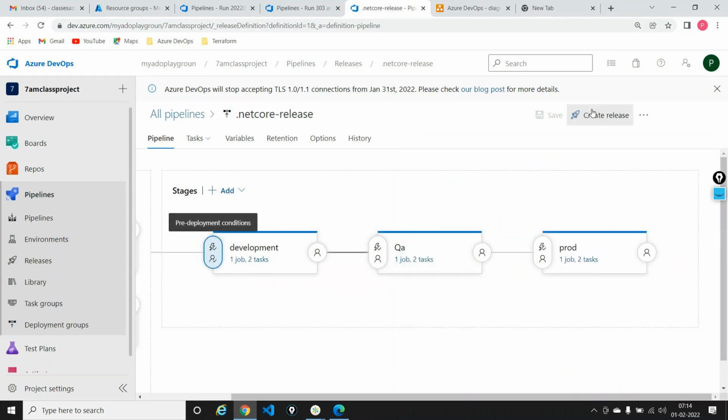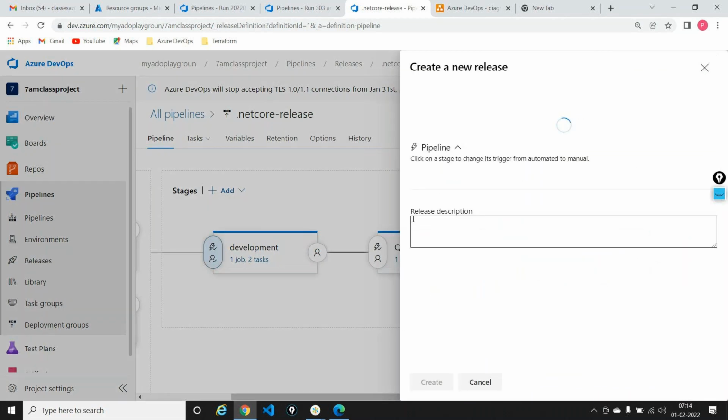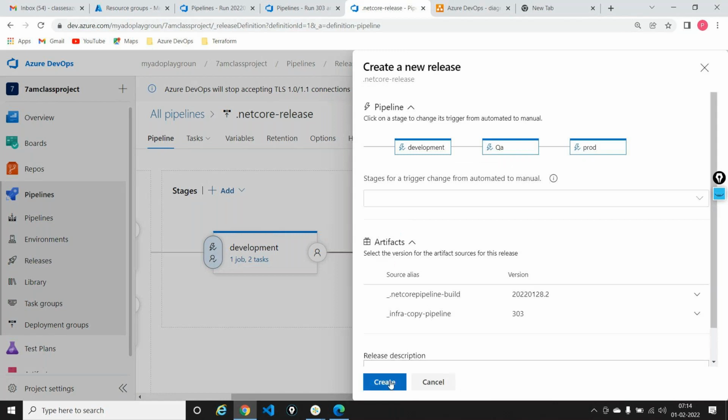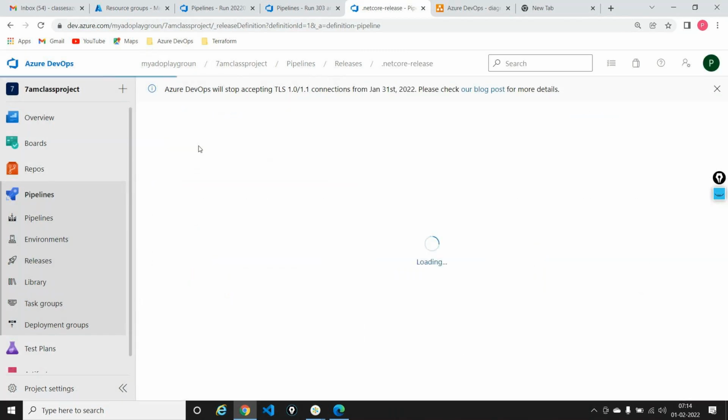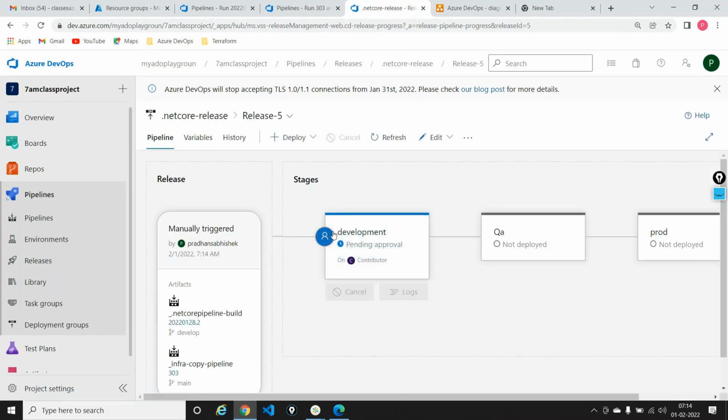and whenever now I create a release, and I'll say create, the release 5 has been created, and in here it won't directly go into the development environment. This is something that I wanted to achieve, is that before going into the Azure portal, the lead of that particular environment, meaning the lead of that particular team, should come here and click on the approve button,